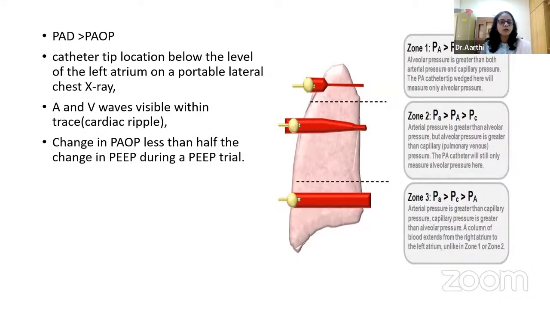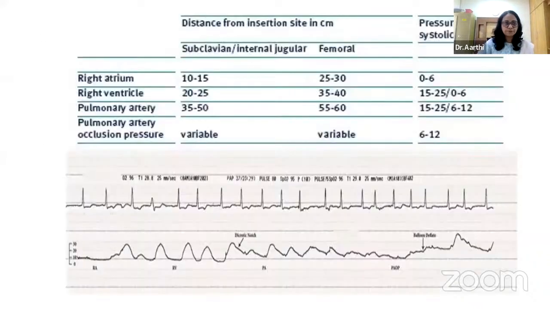And the changes in the pulmonary artery occlusion pressure are less than half the changes in the PEEP during a PEEP trial. So these parameters tell us that the pulmonary artery catheter is ideally positioned. So this is a normal pressure tracing as we move from the right atrium to the pulmonary artery wedge pressures. And these are all the normal lengths at which each chamber of the heart is reached using the pulmonary